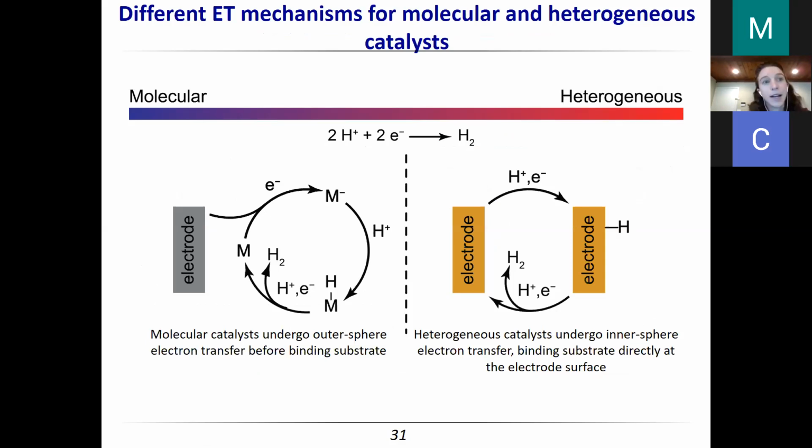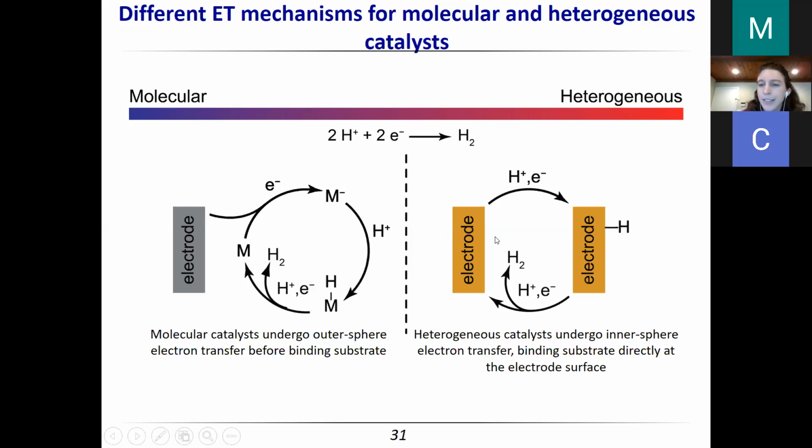So you can actually write out, based on Marcus theory, these potential dependencies that you would expect to see for each of the different possible mechanisms of electron transfer. For example, in this case where we're transferring an electron, and then if we had rate limiting proton transfer, we would see 60 millivolt. For every 60 millivolt change, we would see an order of magnitude change in current. But if instead this first electron transfer is rate limiting, we would see 120 millivolts were needed for a 1 order of magnitude change in current.